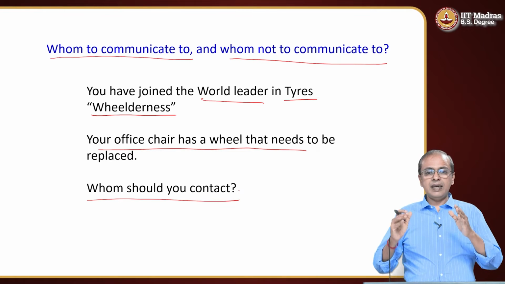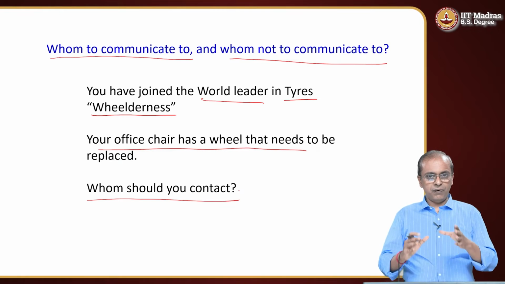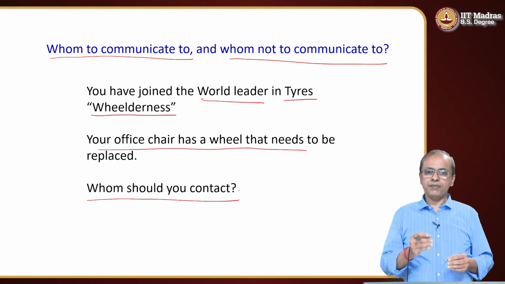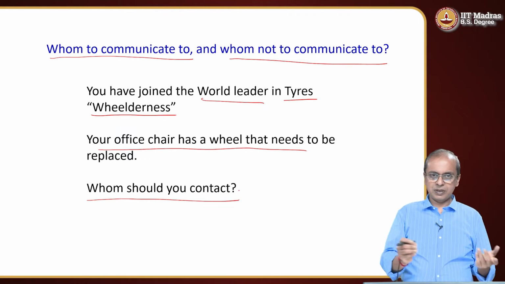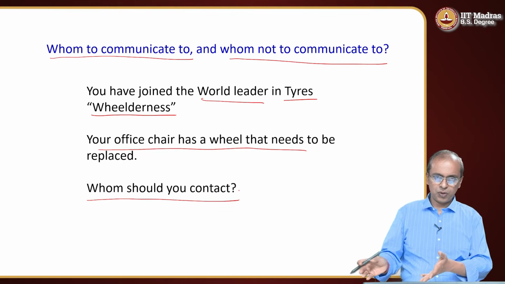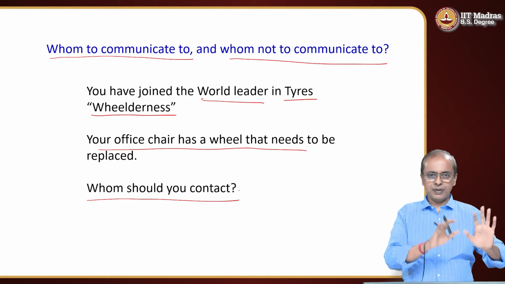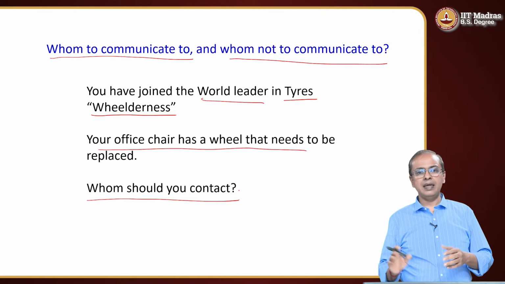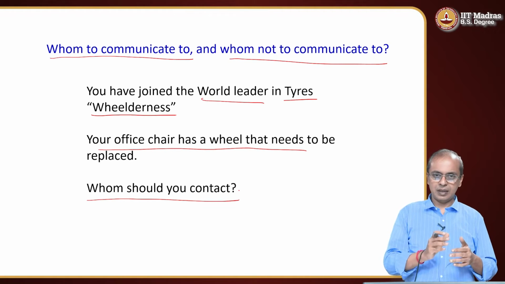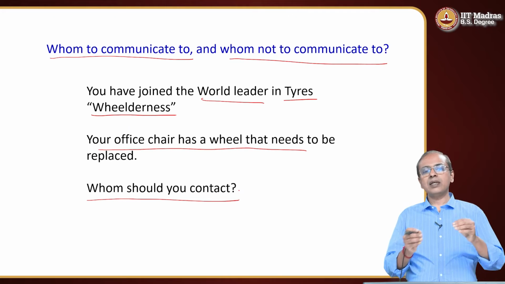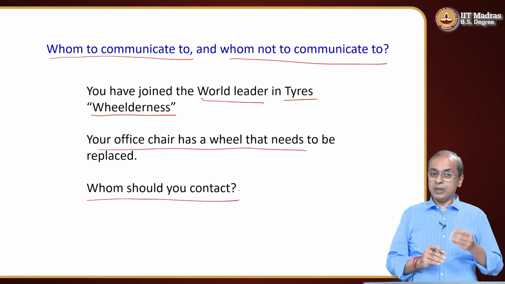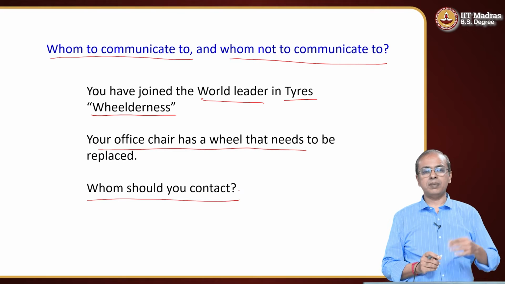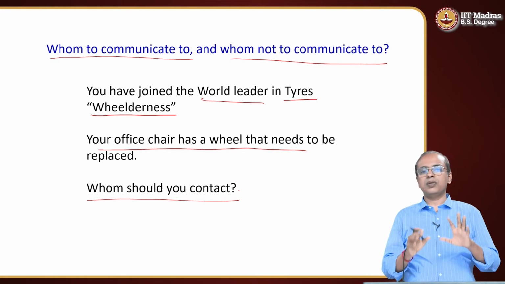Okay, so when you come to a new office, and you find something is wrong, not the way you think it should be, first thing you do is just inquire from your neighbor or the person who just brought you to your cubicle. You start your work and then just quietly walk up to them when you have a few minutes, and say, I'm facing this problem. A chair is broken. Is there somebody I should report this to? They will tell you whom you should report to, and you can even ask them, should I just send them an email, call them, or is there some ticketing system I should use? They will tell you that, and then you do that.